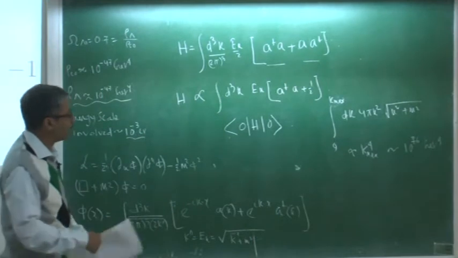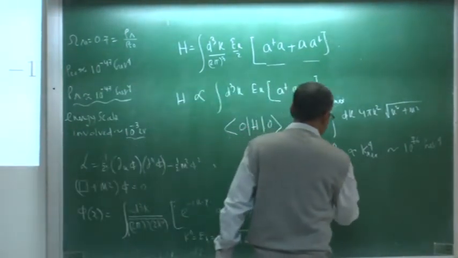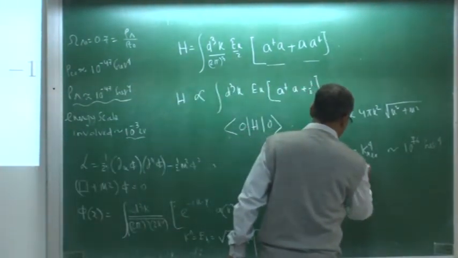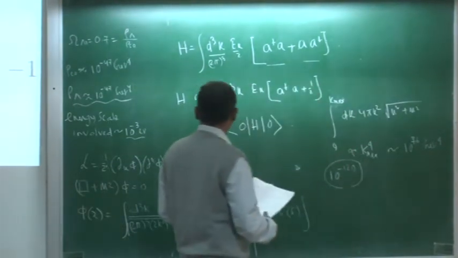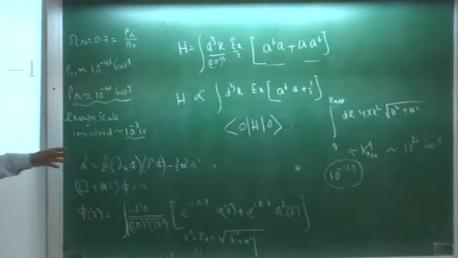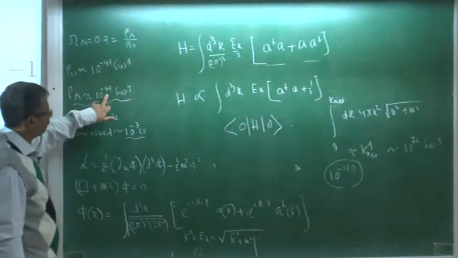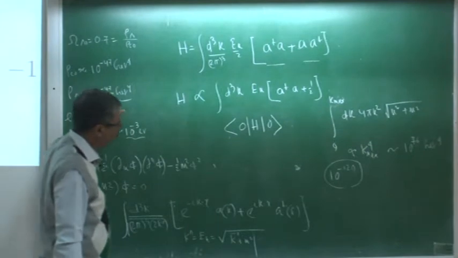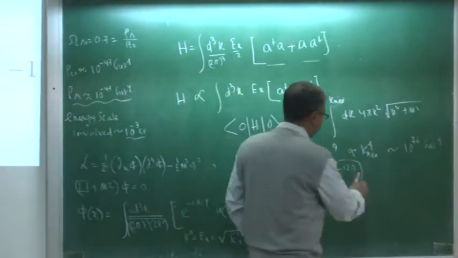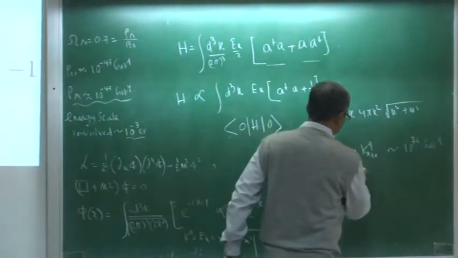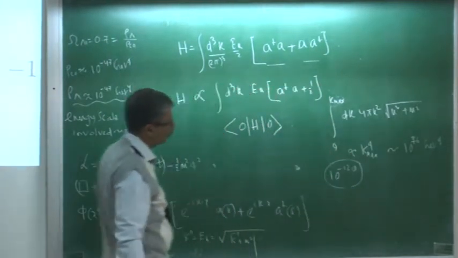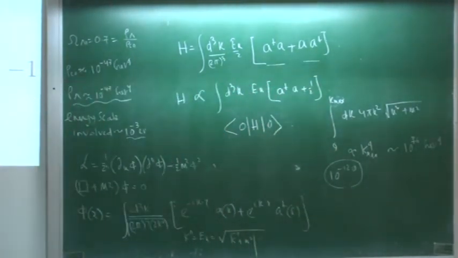So the difference is roughly of the order of 10 to the power minus 120. So the ground state energy is actually of the order of 10 to the power 76 GeV to the power 4. Observationally, I need 10 to the power minus 47 GeV to the power 4. So the difference is roughly of the order of 10 to the power minus 120. So that is sometimes called the fine tuning problem.